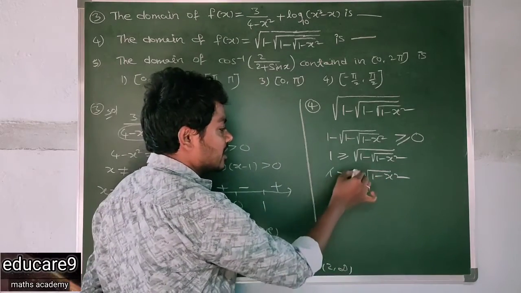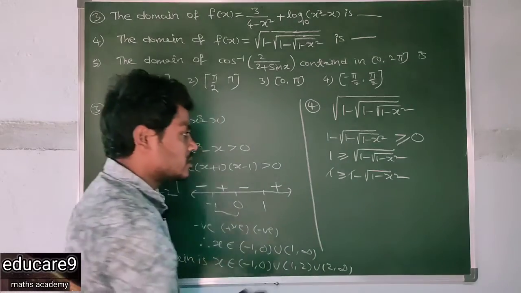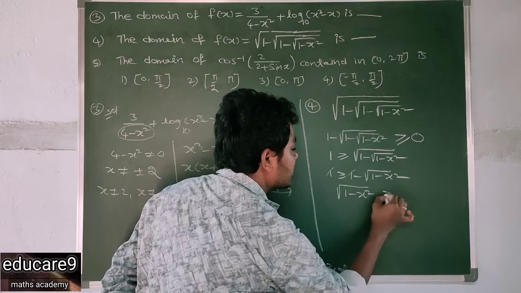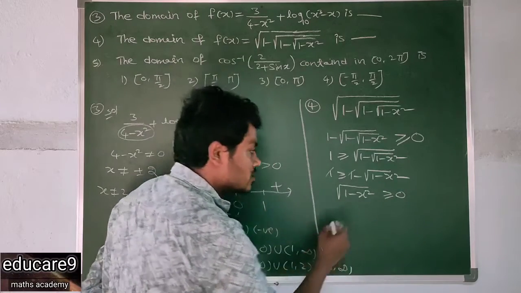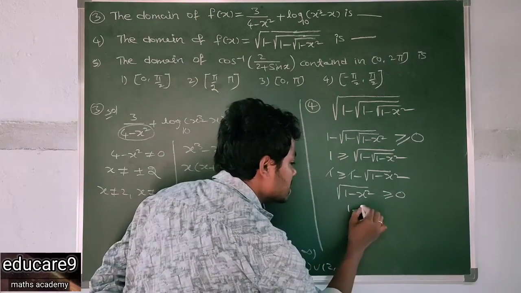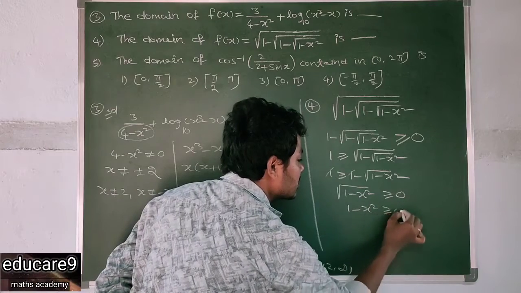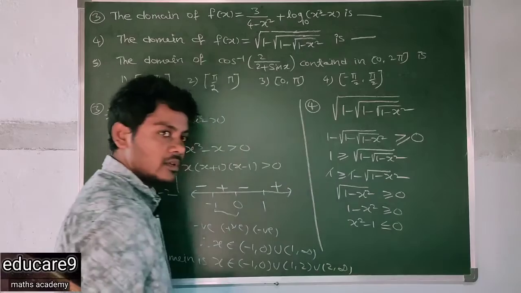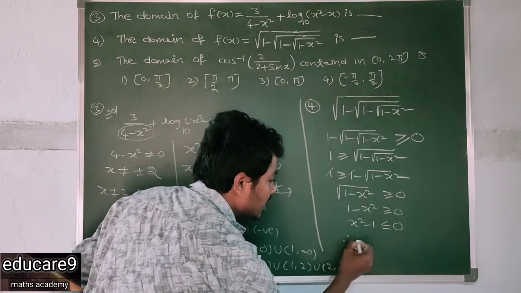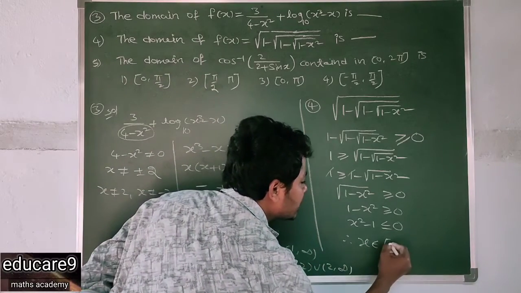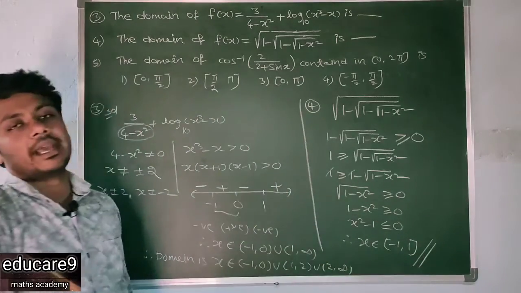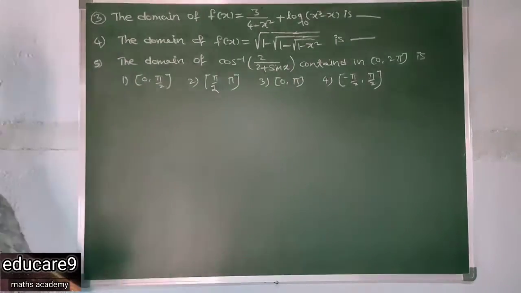Now clearly these values get cancelled. So what do you get? Square root of 1 minus x square is greater than or equal to 0. So from this, 1 minus x square is greater than or equal to 0. So x square minus 1 is less than or equal to 0. So therefore x belongs to the closed interval minus 1 comma 1. So this is the domain of the given function. Next one,